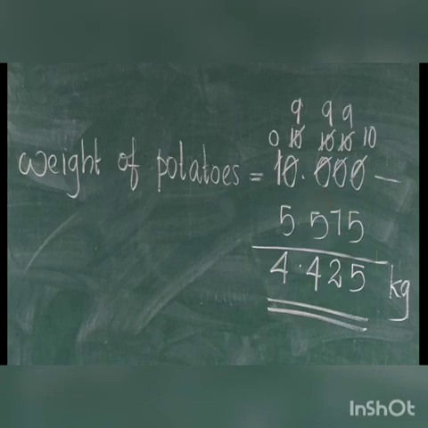So in this way you are subtracting a decimal number. The method of subtraction is the same. The only thing you have to keep in mind is that the place value of the numbers and the decimal point should coincide. Once you get a number without a decimal point, when you insert the decimal point, it should be after the unit place. There should be no change in the place value of the given number.